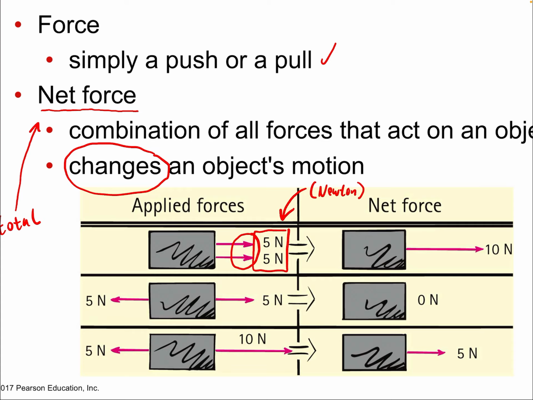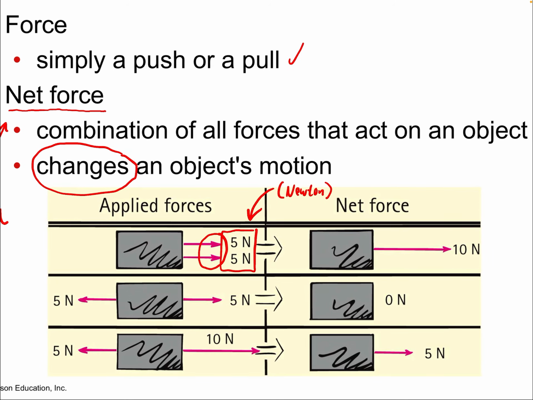A 5 Newton force is not a particularly strong force, by the way, if you're thinking about the strength of forces. If I was to pull on something with as much force as I can, like pulling on a big heavy box, I'd be pulling with about 400 newtons of force. Okay? If I'm maybe just like don't have good footing, maybe 200, right? But those are your larger pulling forces. So 5 here is on the small side, not tiny, but small side. Okay.